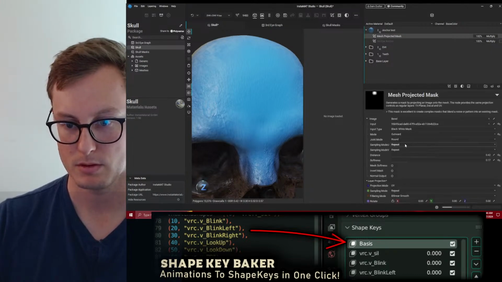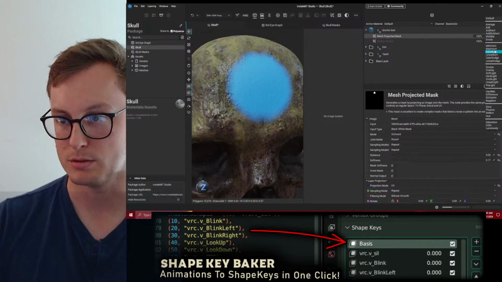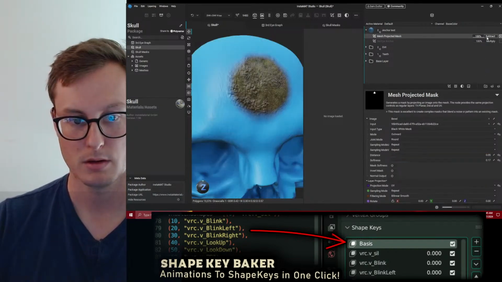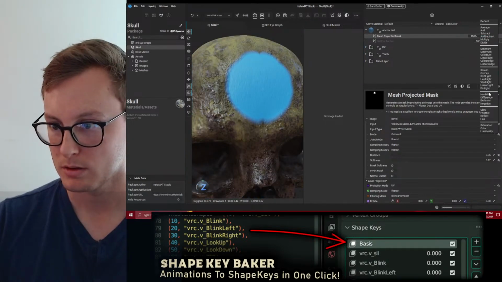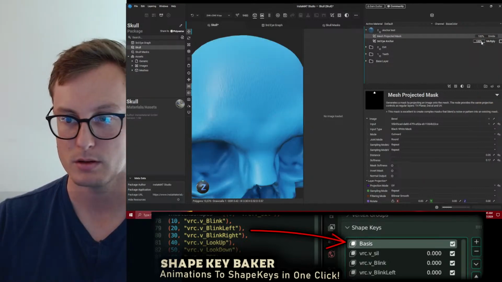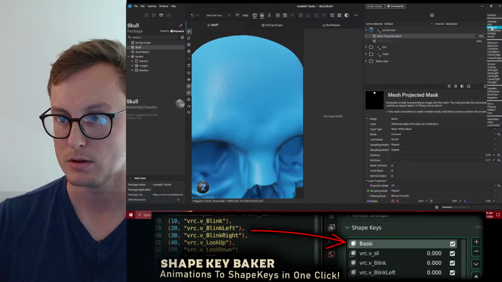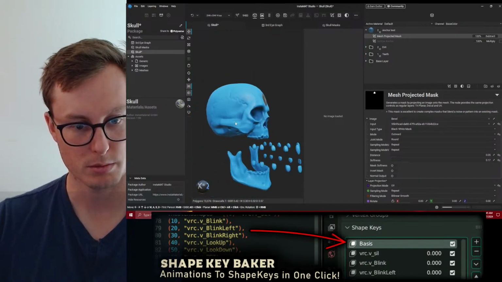And I could set this to subtract or something. Or inverse subtract, add subtract. Divide. Actually, yes, subtract should work pretty well.